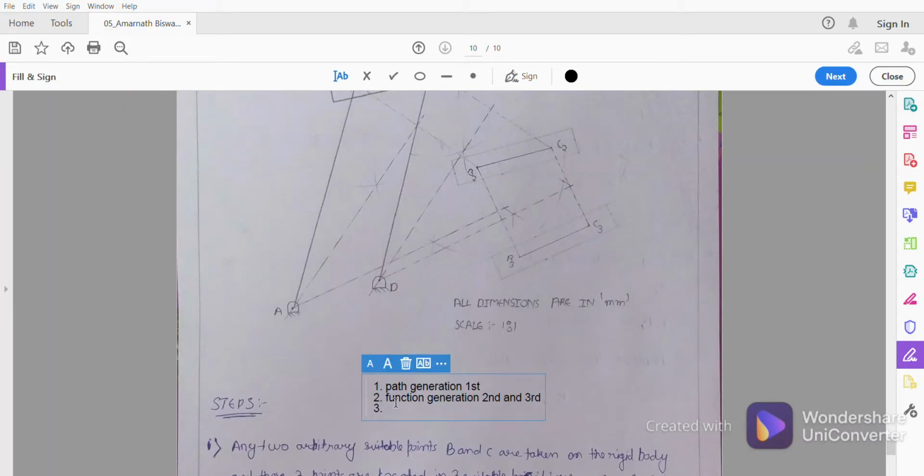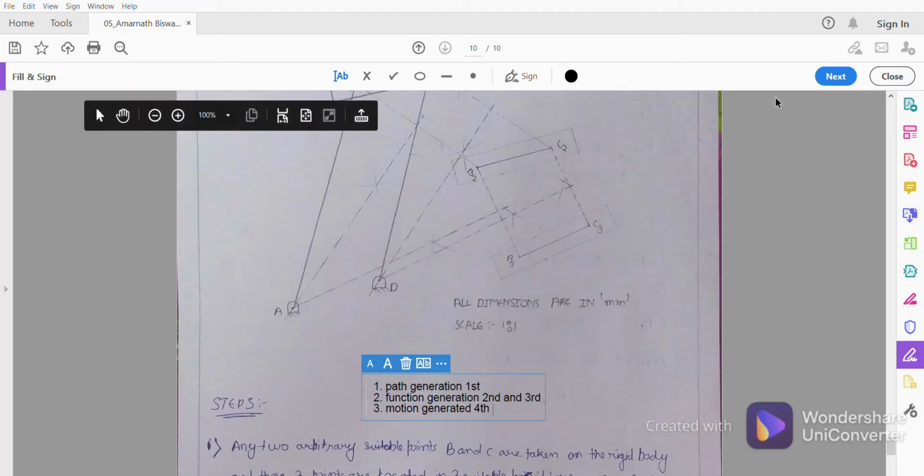The third was motion generation, where we want a certain motion. So this ends our series on generating 4-bar link mechanisms, and I will show some applications of it. Don't miss